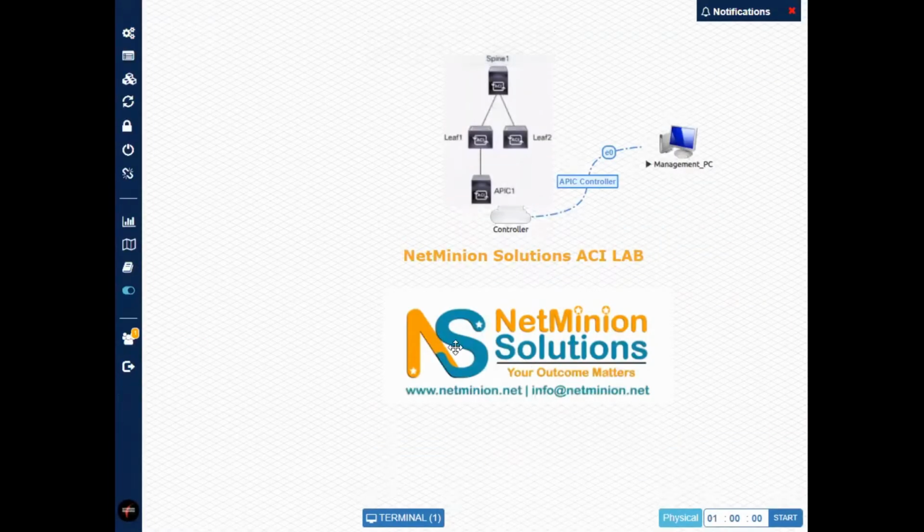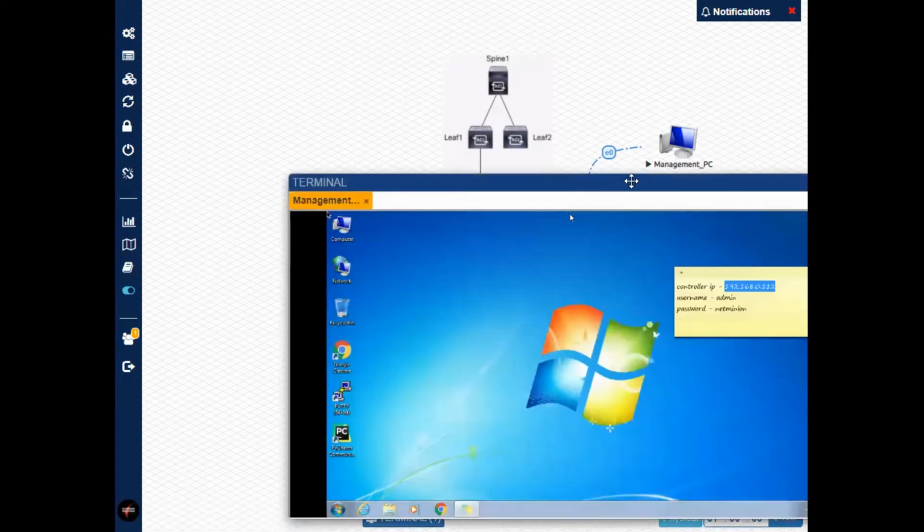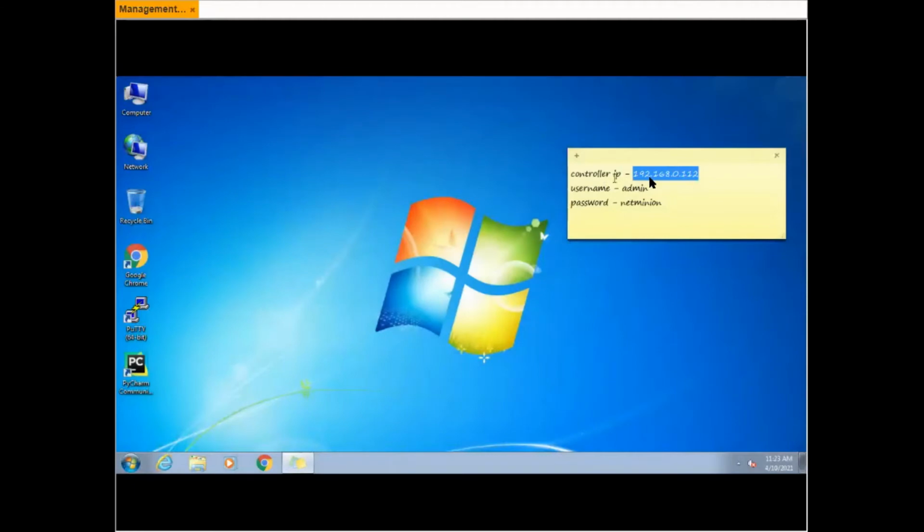So this lab you will get, the one who gets enrolled for this course, you will get this kind of lab. How to access this lab is a separate thing that we will cover later on. Once you are there, just log in to this management PC. Once you have the management PC access, these are the controller IPs, with whatever the username and password is.